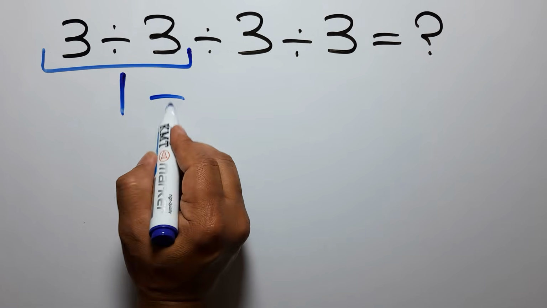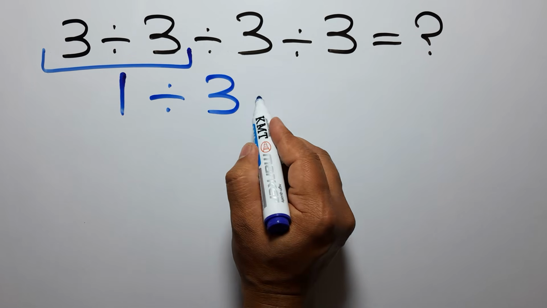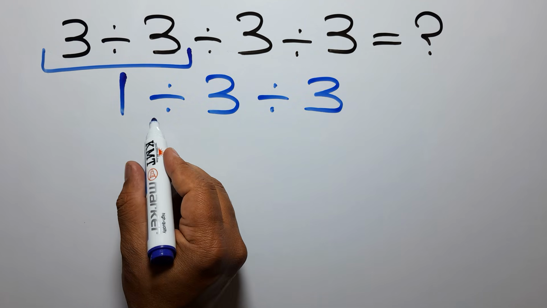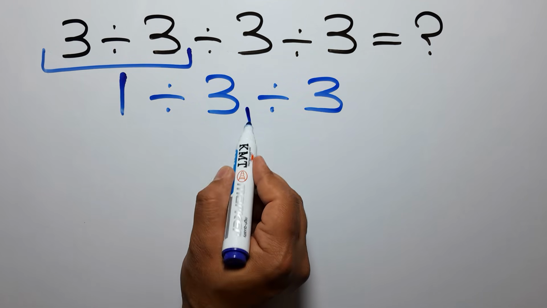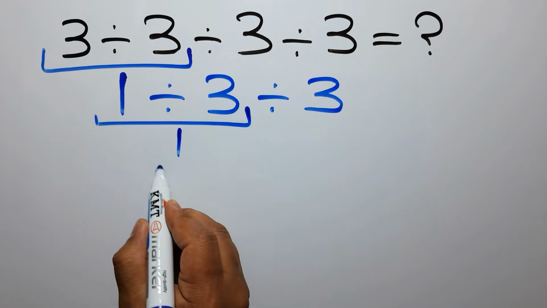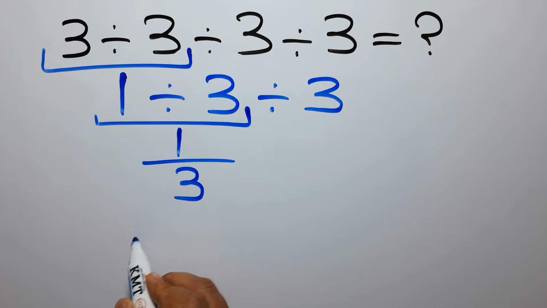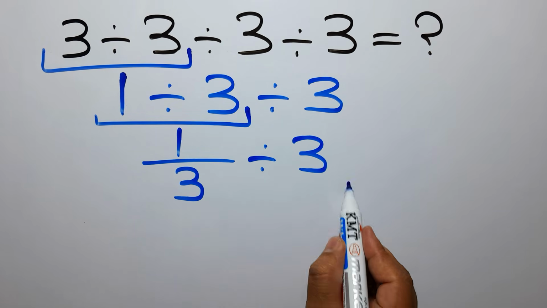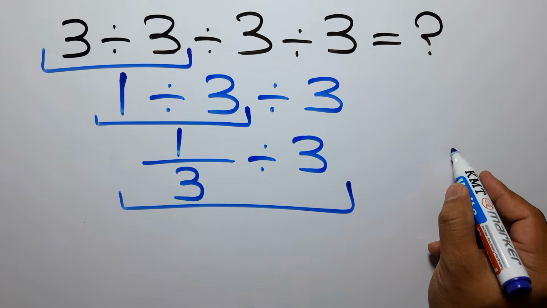So 1 divided by 3 and again divided by 3. Now we have to do this division. 1 divided by 3 can be written as 1 over 3. Then divided by 3. Now, according to the KCF rule,